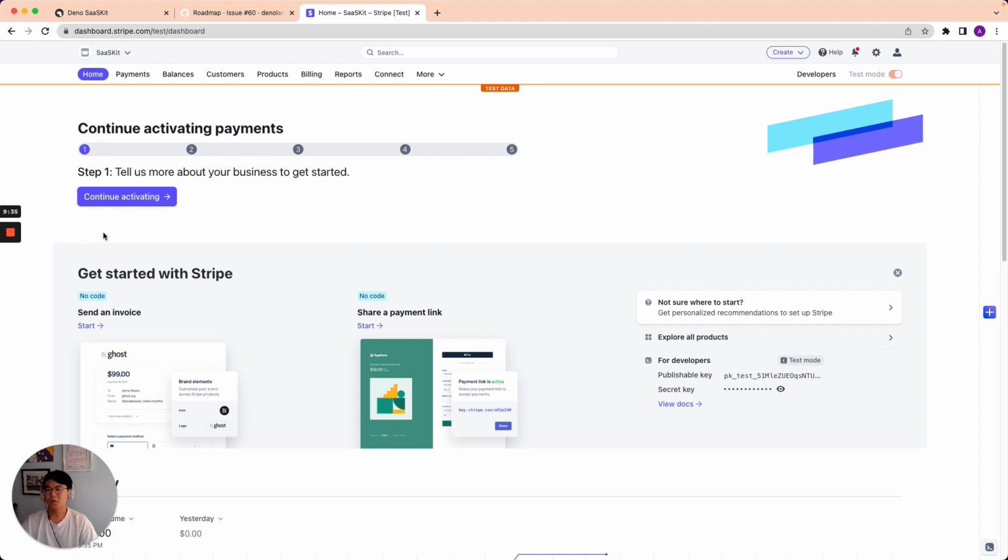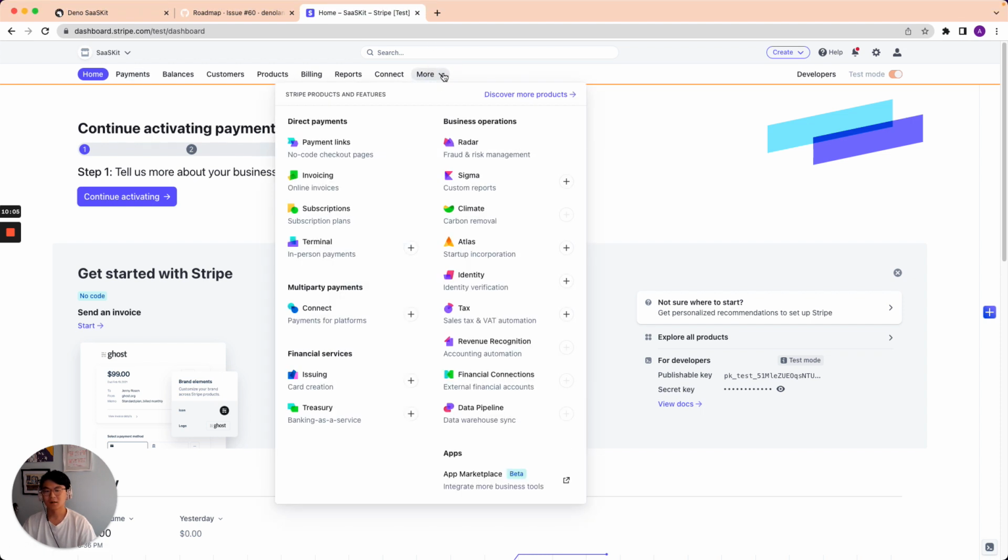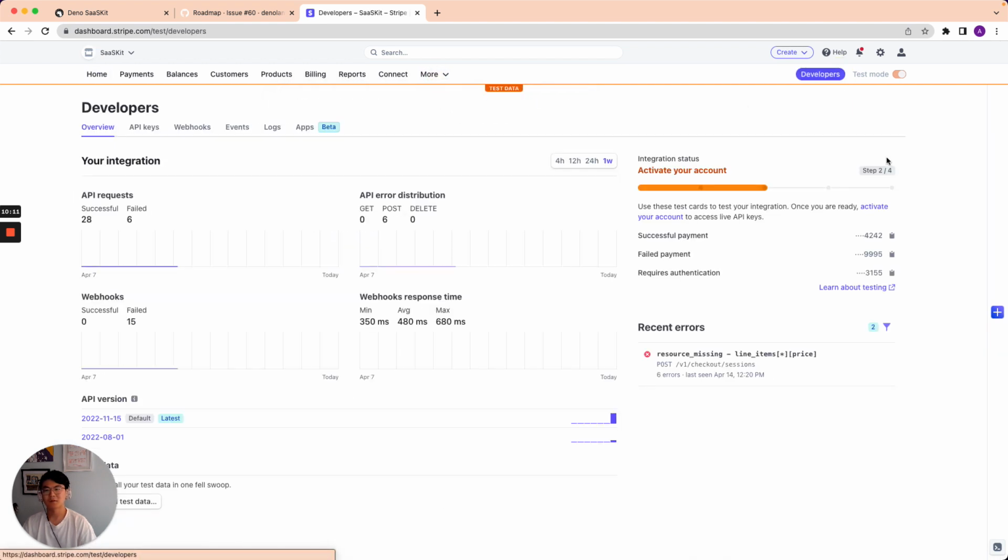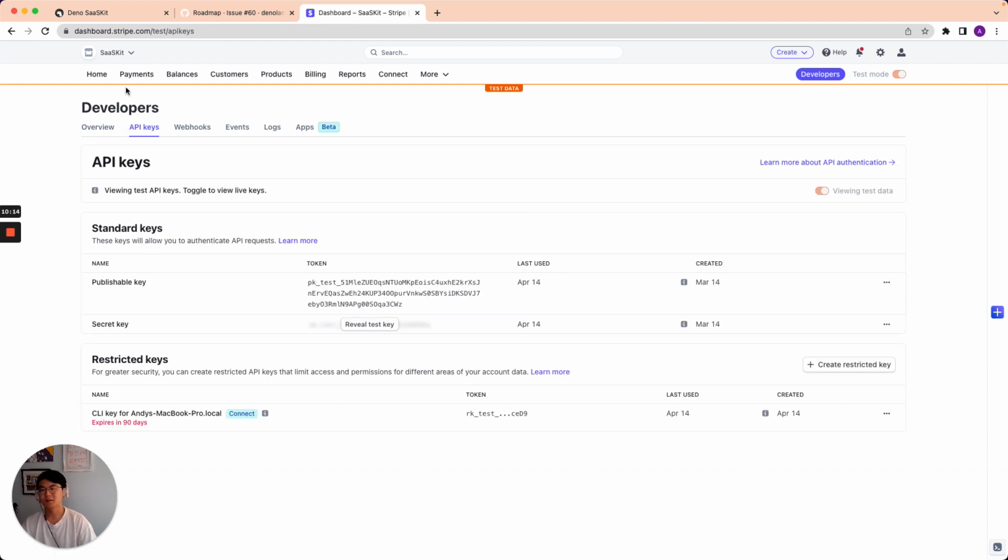And where you want to go first is your Stripe dashboard, because you want to be able to get your secret keys, your secret API keys. So let's head over to the dashboard, which I think is... Oh, I guess this is the dashboard. Products, API keys, developers, API keys. Here we go. So under dashboard.stripe.com/test/API keys,